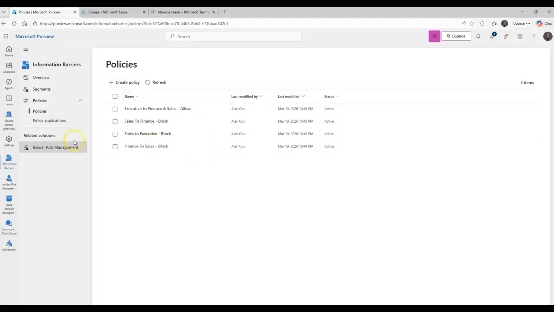It'd be interesting. Next time I do a video, I may just catch you up on how this turned out. It's going to take quite a while for it, 24 hours potentially. I'll check on it later and probably tomorrow. But for all intents and purposes, that's how we set up information barriers in Microsoft Purview. So I hope this has been helpful for you, and thanks for watching.